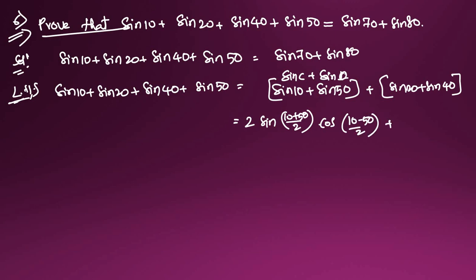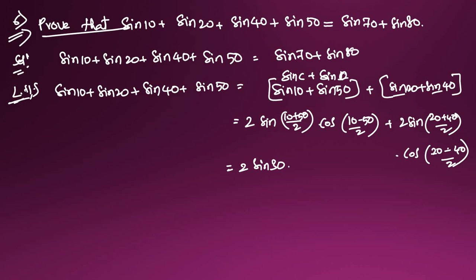sin C plus sin D is equal to 2 sin of (C plus D) by 2, so (20 plus 40) divided by 2, into cos of (C minus D) by 2, so (20 minus 40) divided by 2 will come here. So it will become 2 sin of (C plus D) by 2, here 60 by 2 is 30. Sin 30 will come here into cos, is equal to 10 minus minus 40 will come. So cos, minus 20 will come here. So plus, this is 60 will come. So if we cancel, it will become 30.